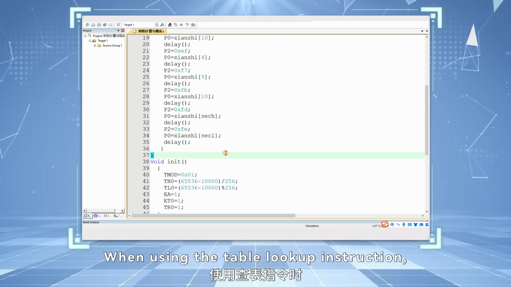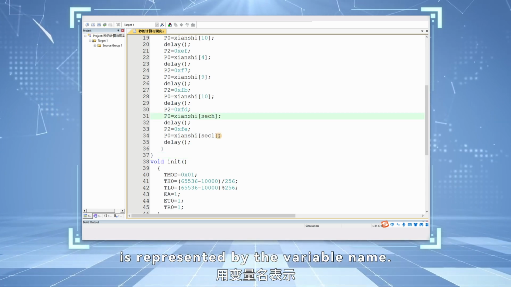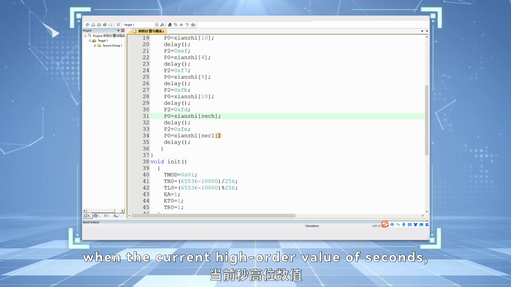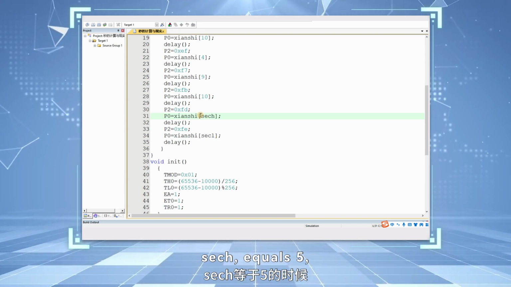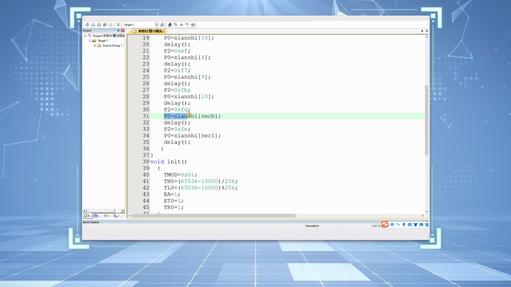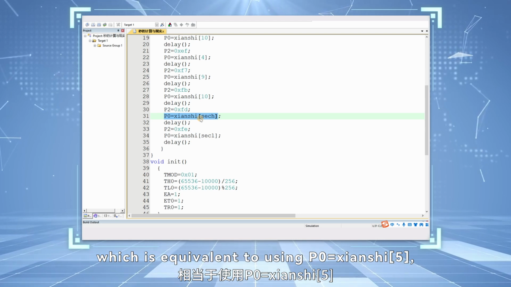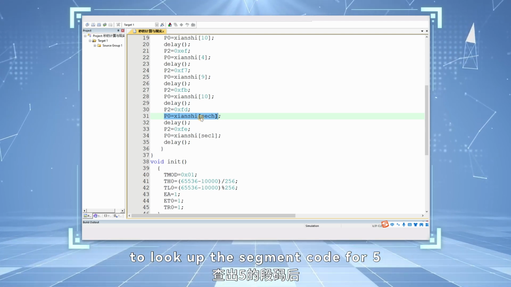When using the table lookup instruction, the number in the brackets is represented by the variable name. For example, when the current high-order value of seconds, sec, equals 5, we use the instruction P0 = table[sec], which is equivalent to using P0 = table[5], to look up the segment code for 5 and display the